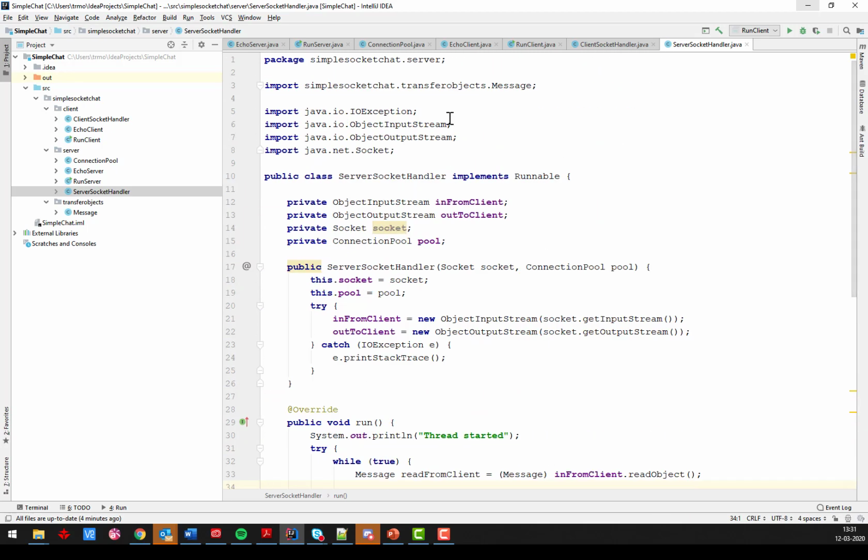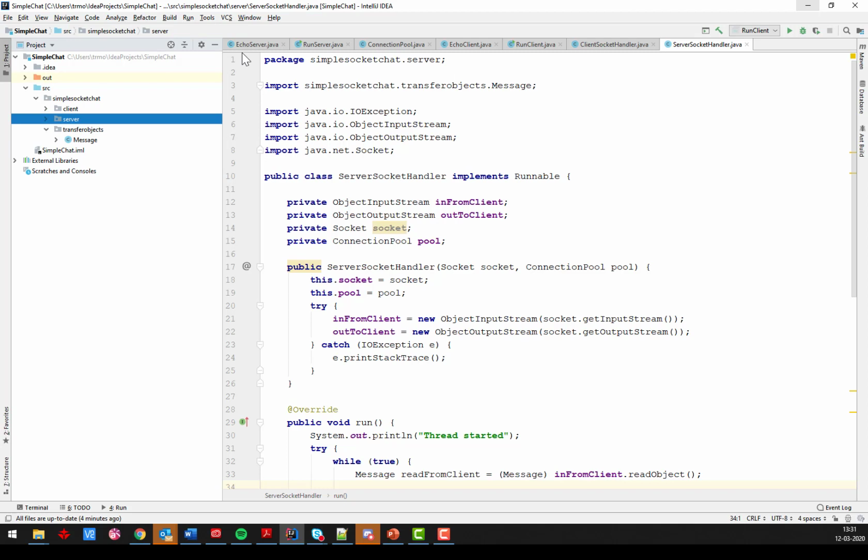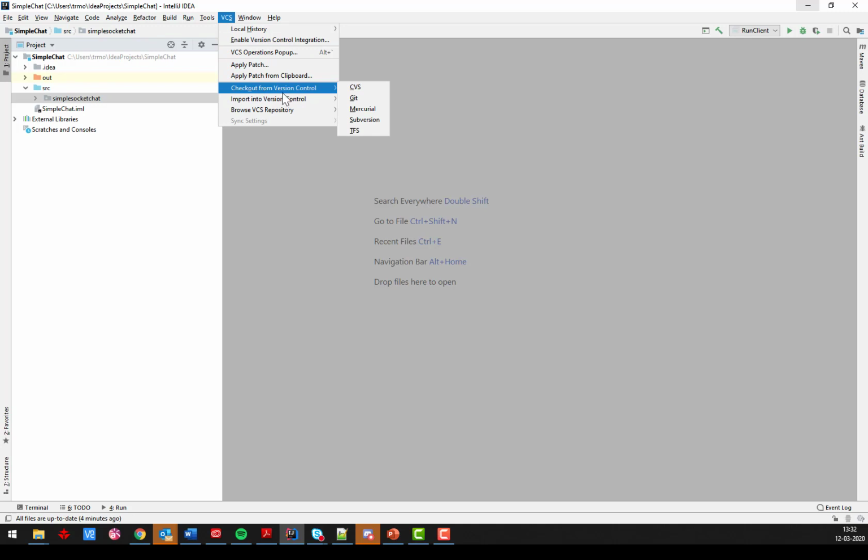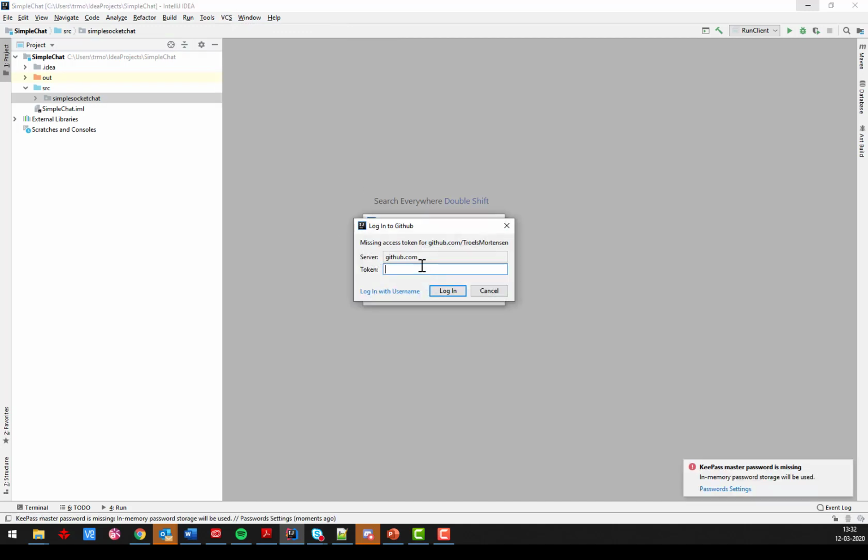So last thing I want to do is to put this on GitHub, and you might as well see how that works, because I see some of you use GitHub in various ways, and you always mess it up. So maybe this one works. Hopefully it does for me, now that I have been bold enough to claim that you cannot figure it out. So I go to the version control system, input into version control, share project on GitHub, and it just gives me server token, missing access token,